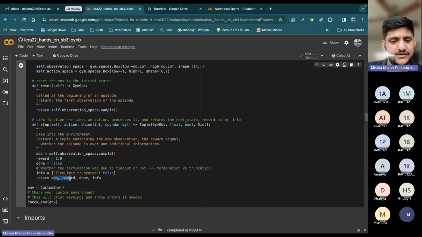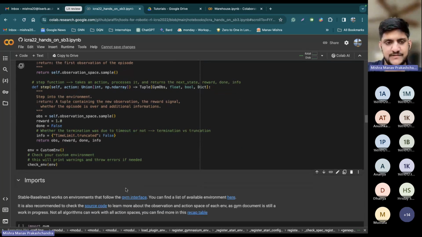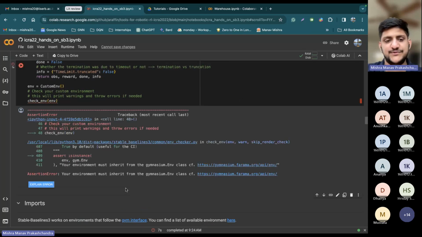Okay, so you return the obs, reward, done, info, and then here you are creating an instance of the class. So you create a variable called env that is instantiating the class. You don't have any necessary argument apart from self. If you had, you might need to pass it, but since we don't have, we create an env. And then you check your custom environment. This will print warnings and throw errors if needed. So I run this. If it shows no error,